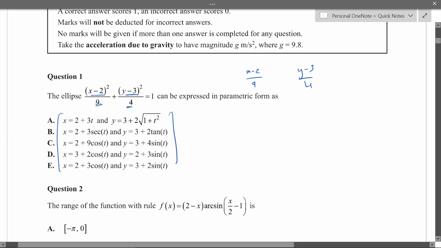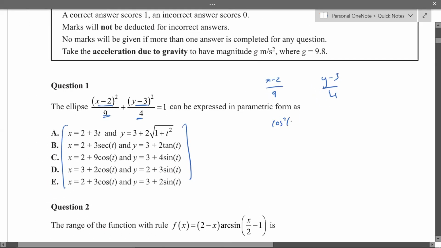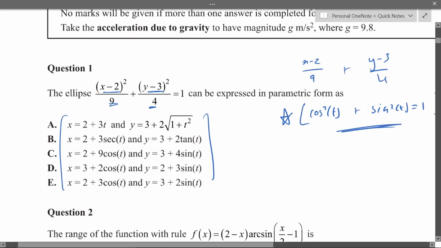But again, you have to keep in mind that's only if you're using a rule like cos squared t plus sine squared t equals 1. Because if the parametric equations use a different rule, then it might not always be in this form, but generally this is the form you look at first. So if you look at some of the options,